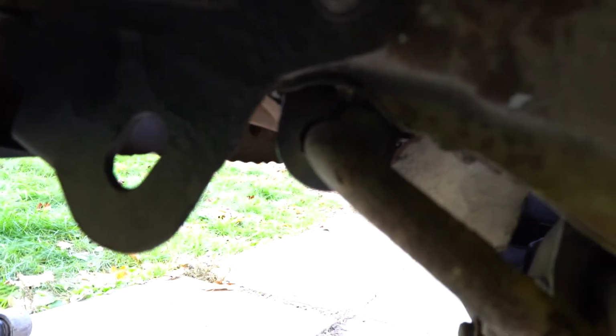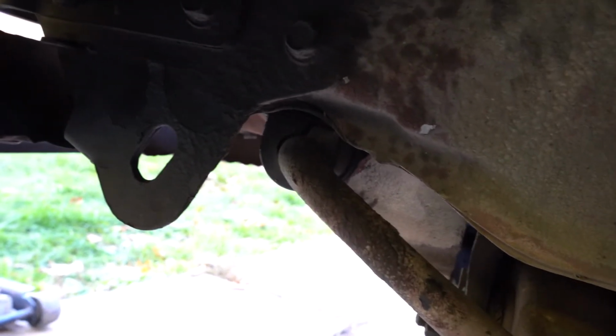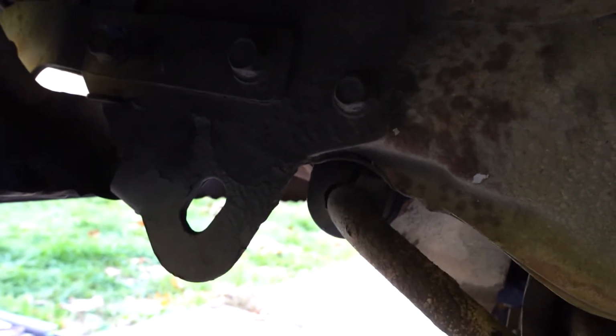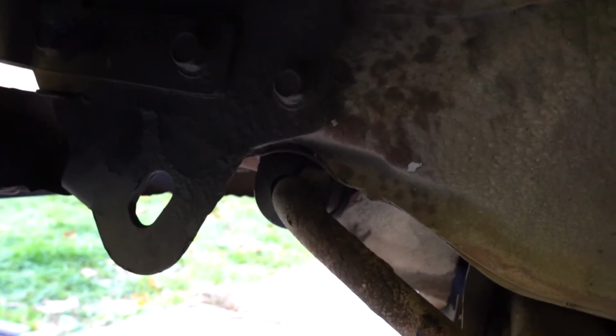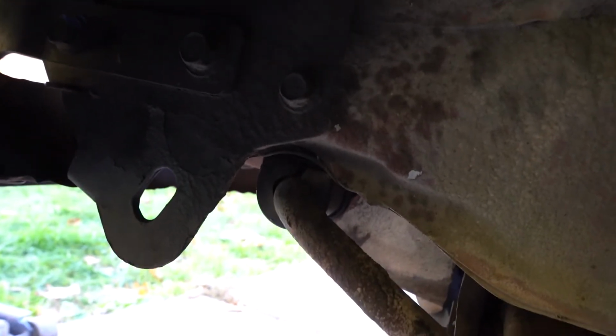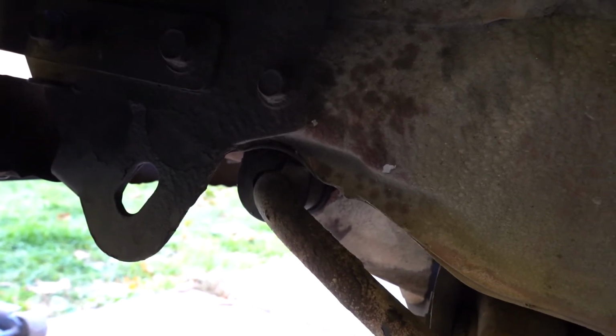I did this bushing here, but it looks like it's not the right size. It didn't fit properly, so I'm gonna have to change that later on, but it's better than before. I'm gonna leave it on for now. It was AC install, but I paid like $2 for this, but I don't think they are for the right car. They were made in Japan, good quality, but it's not made for the right car because